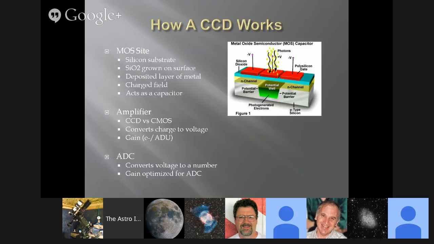So we've gone through some of the math, and just to give you a primer, I think it would help you. Maybe I should have started with this, but I didn't. How a CCD works at really the photon level. A CCD is basically an array of MOS sites, metal oxide semiconductor capacitor sites. These sites are basically a silicon substrate with silicon oxide grown on the surface. There's a layer of metal evenly deposited on the surface that when a charge field is applied to it,